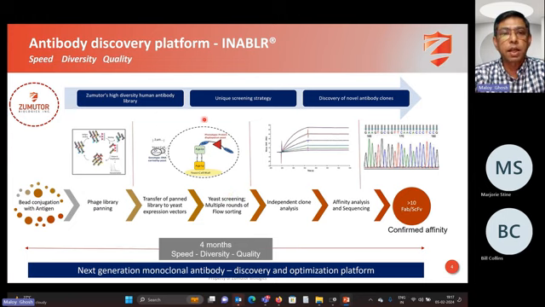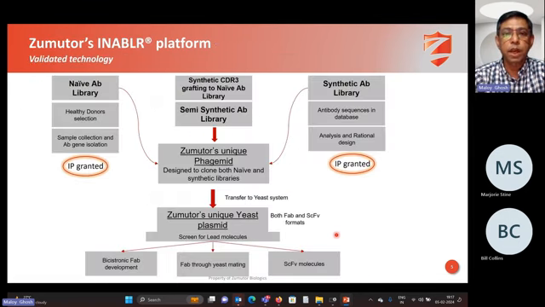We utilize the phage surface display and yeast surface display as a mechanism to select the molecule of our choice. And this process is quite well established now. We take close to 4 to 6 months to develop our target candidates, and then we develop those molecules. And it can be done for any target antigen. As a company, we have a very strong focus on a particular area of research, which is known as, okay,